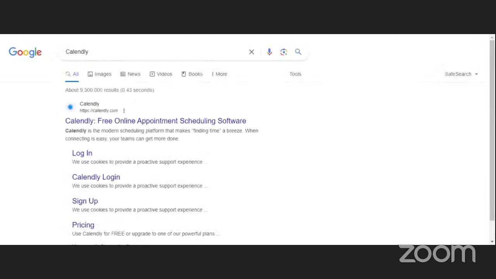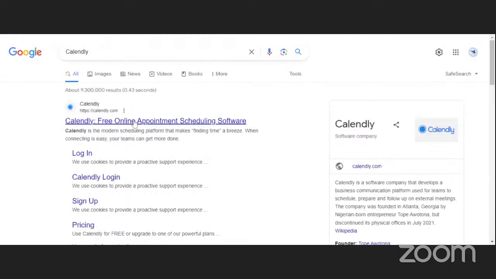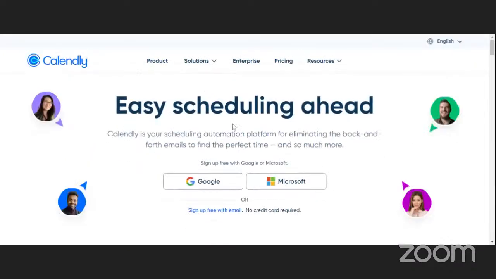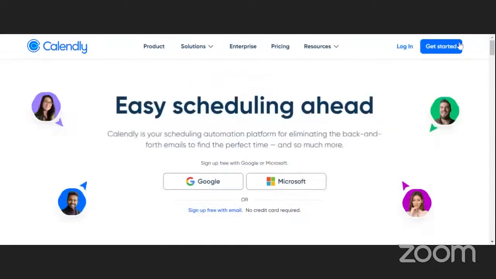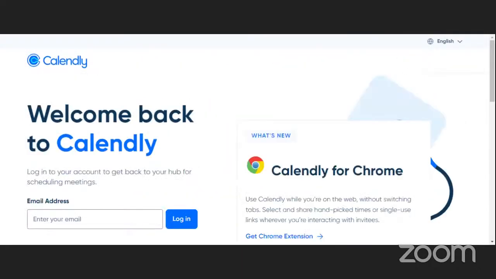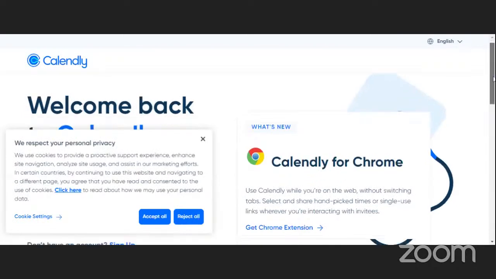So there's a free tool here called Calendly. Calendly is for online appointments.